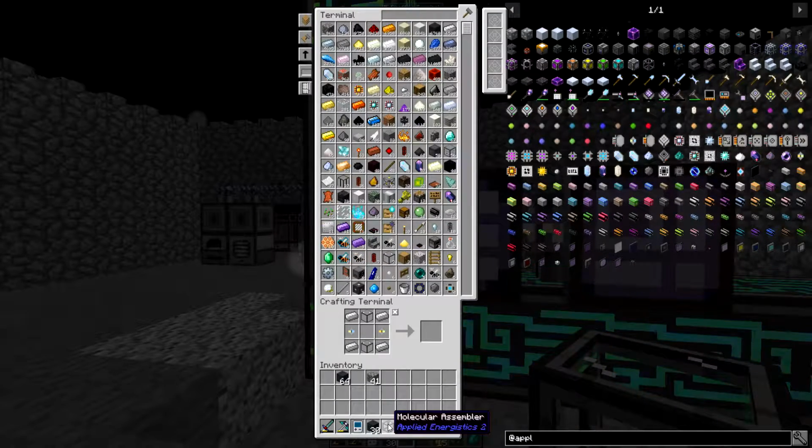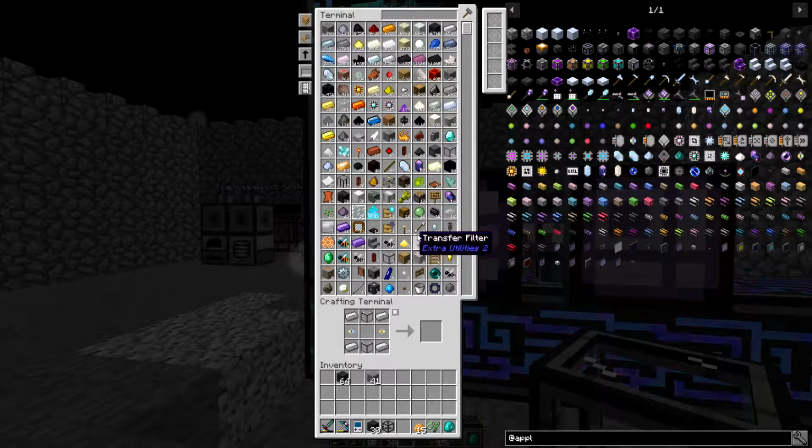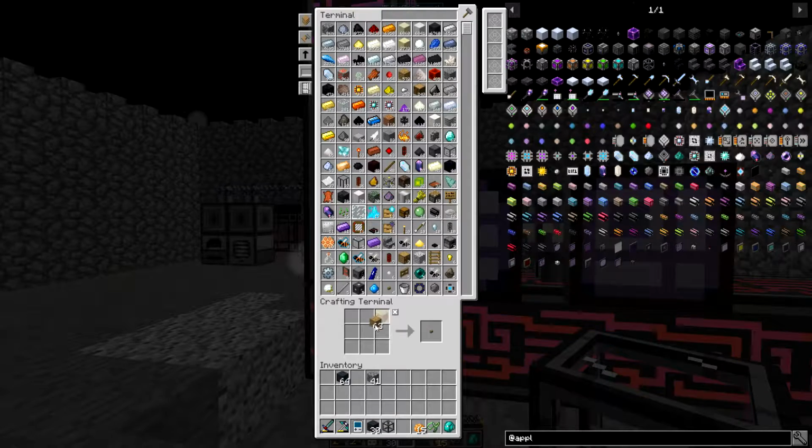We can only make 1 of those? Yeah, because I only made 1 crafting grid. Alright, let's make another crafting grid. Make 2 of these. And that. Awesome. So now we need to...